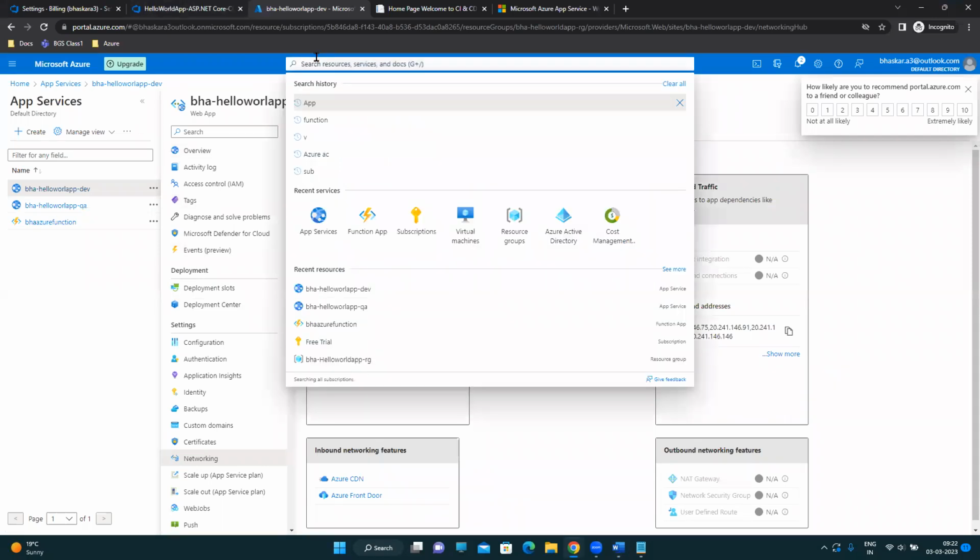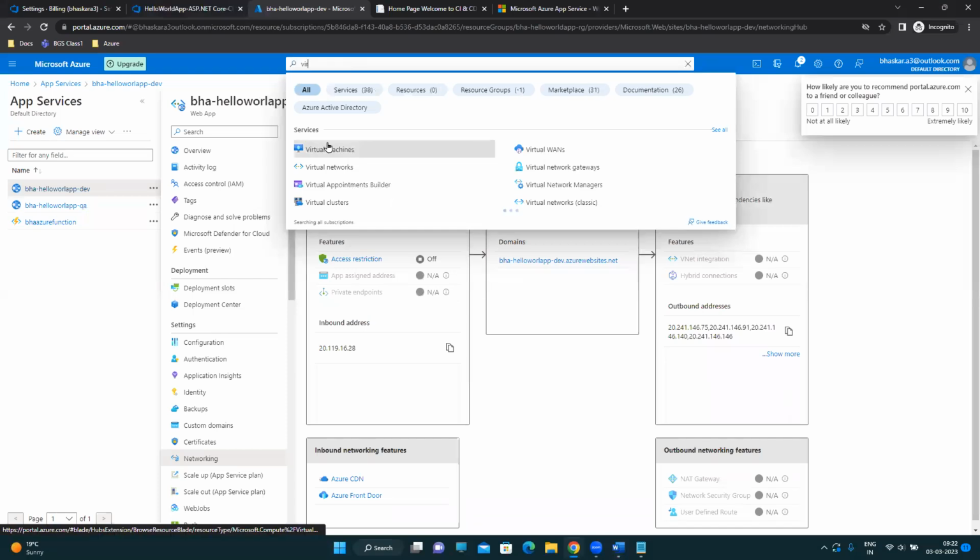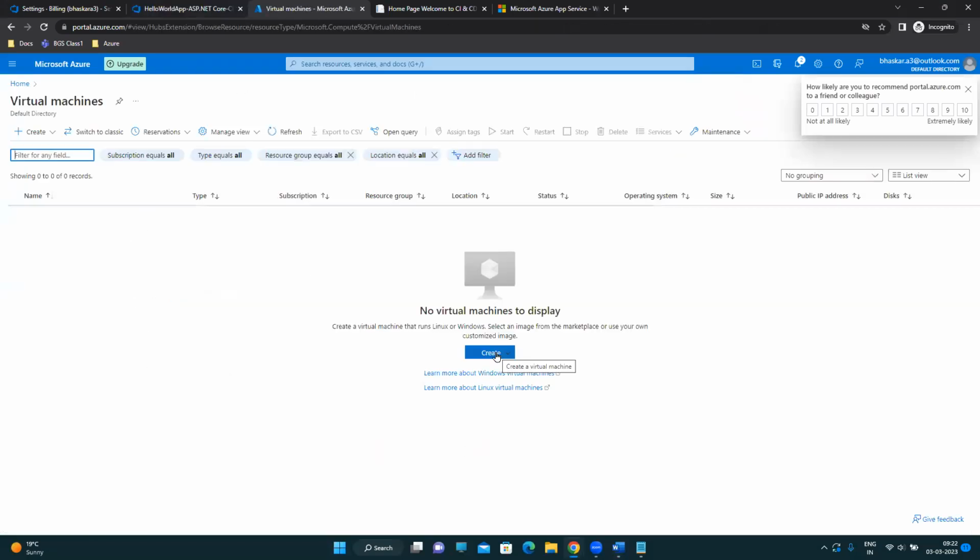go here and add your virtual VM basically. Virtual machines. Create a virtual machine based on your requirement, right? How to connect again? You have to use your personal access token, PAT. So you can generate your personal access token and configure that